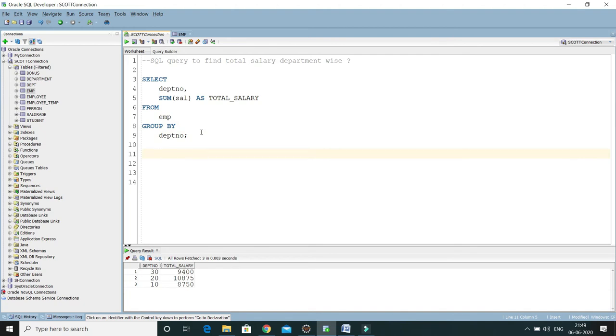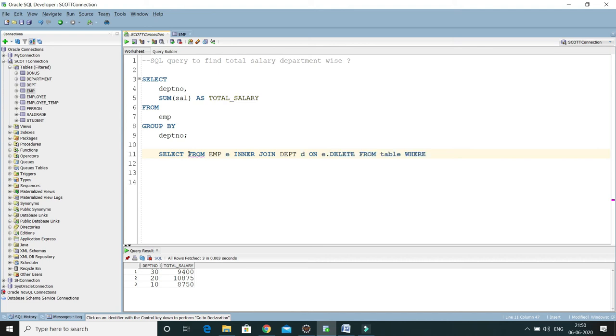To include the department name in the result set, we have to perform the join between the EMP and DEPT tables. So here I'm going to write a query like select, from EMP. You can specify some alias, so I'm going to specify the alias E, and here inner join with DEPT, and alias I'm going to take D, on E dot DEPT number.